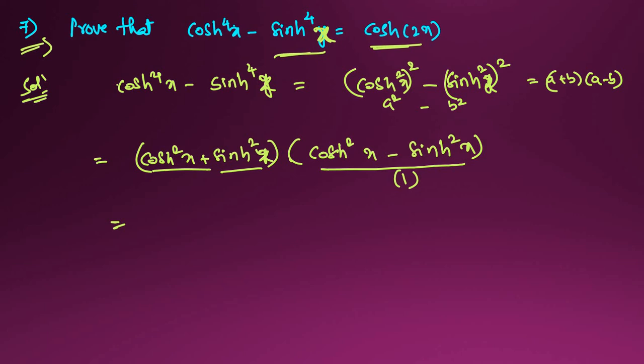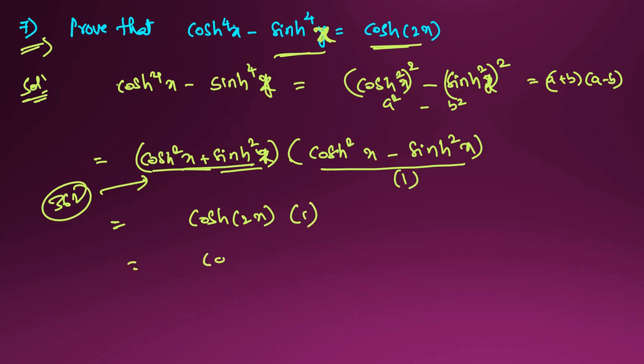So cosh 2x is equal to this one. You will find this on page number 362. So here, cosh²x + sinh²x is equal to cosh 2x, and this one is 1, so it will become cosh 2x as the answer of the given question. Please don't mind, students, I forgot this is x actually, so I will write again: this is x, and this is x, and this is x, and this is 1 here. Now end of this seventh question.